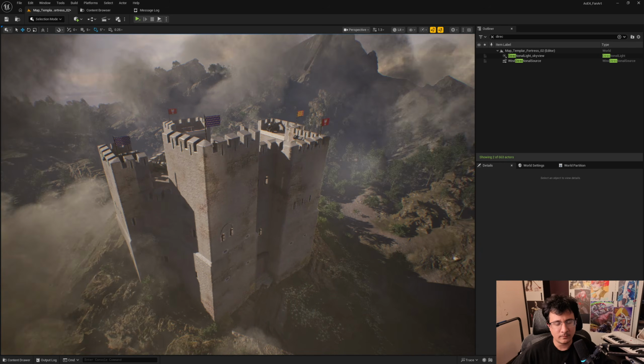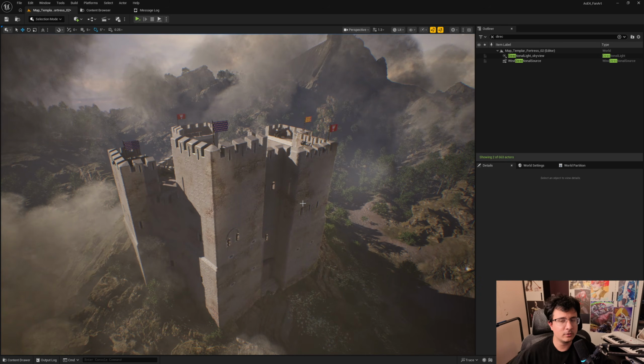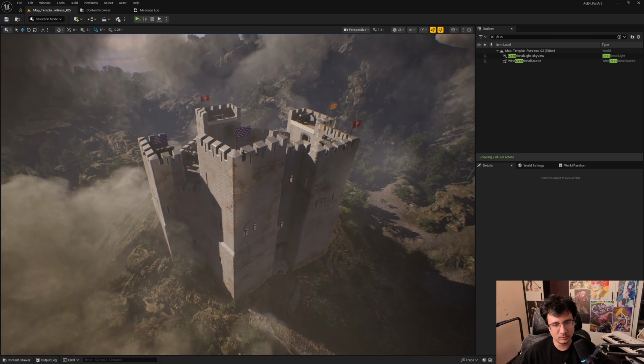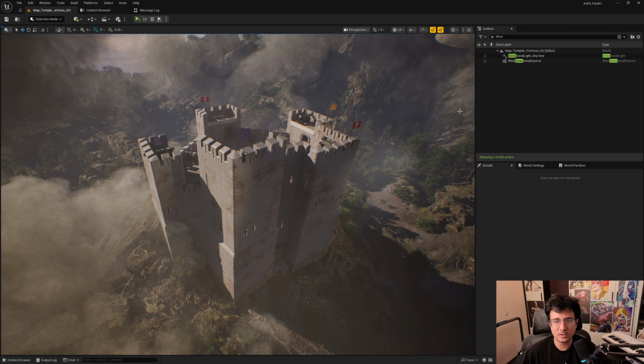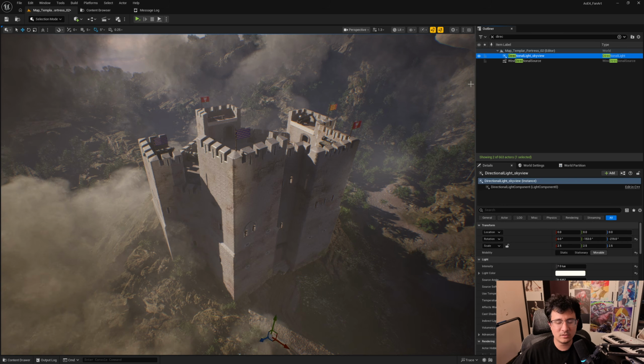But this is really what's holding you back if you think your environment doesn't look good. Whenever you feel like your environment doesn't look good, take a look at the lighting, because the lighting is the base of everything here. The lighting is what will create your silhouette. And if you are unsure, I can go here,